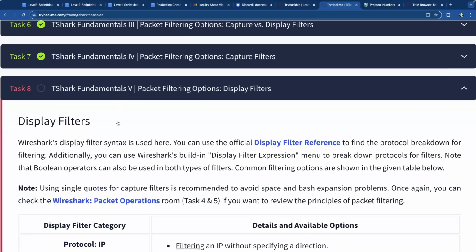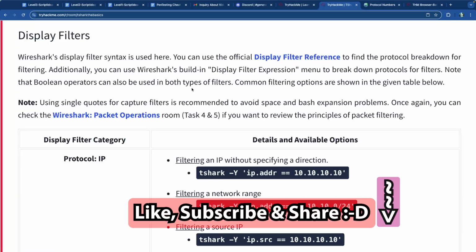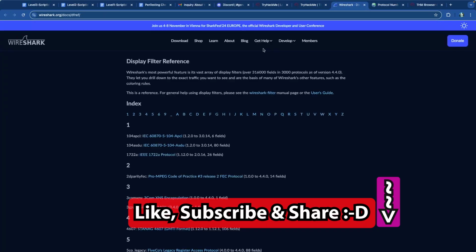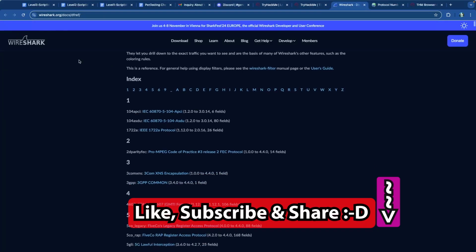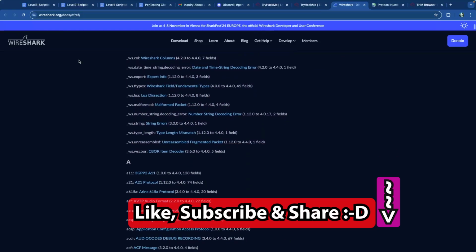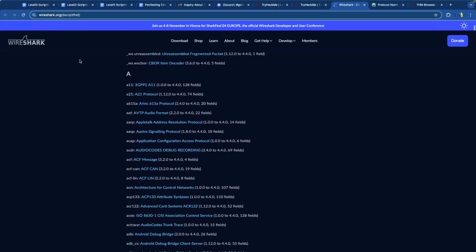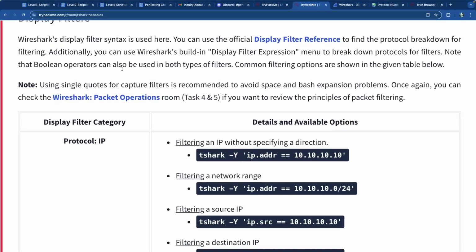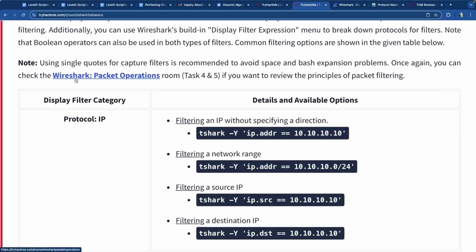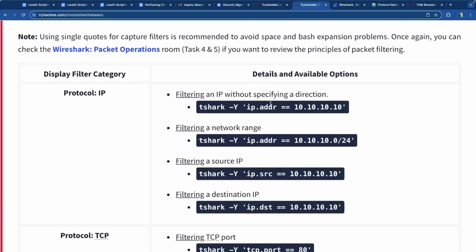And moving on to the very last exercise. Display filters are now going to be the ones that we're going to look at. We do have the Wireshark reference document that shows you a lot about the various display filters that are available in Wireshark. And it's very similar to the packet operations room and just the Wireshark GUI in general. For example, if you do